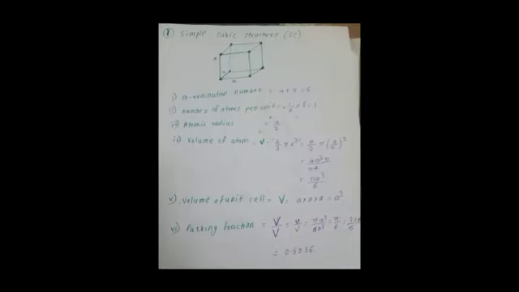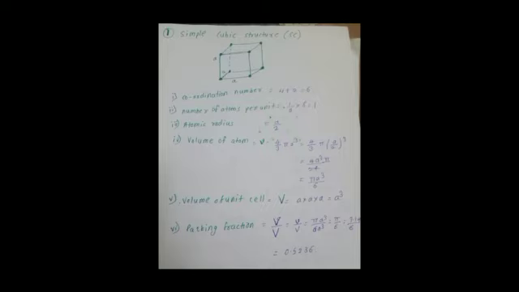First one is the simple cubic structure, SC. In this structure, the atoms are situated at the corners of the cube, touching each other along the edges. Each atom in such a structure is surrounded by 6 neighbors at the same distance, equal to the length of the unit cell, so the coordination number is 4 plus 2, equal to 6. That is 4 nearest in the same plane and 2 in the vertical plane, one above and one below. Means in the simple cubic structure, the coordination number is 6.